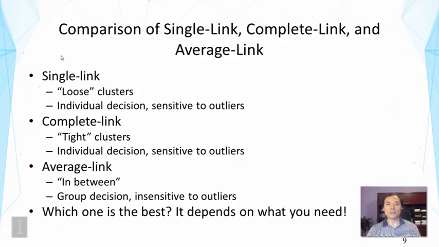Now, these different ways of computing group similarities will lead to different clustering algorithms, and they will in general give different results. Now, it's useful to take a look at their differences and to make a comparison. First, single link can be expected to generate loose clusters. The reason is because as long as 2 objects are very similar in the 2 groups, it will bring the